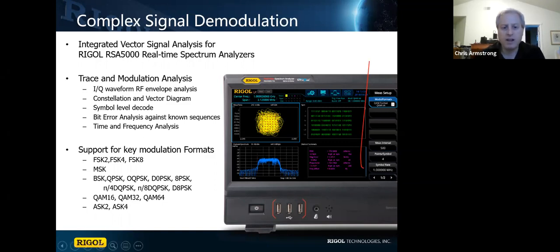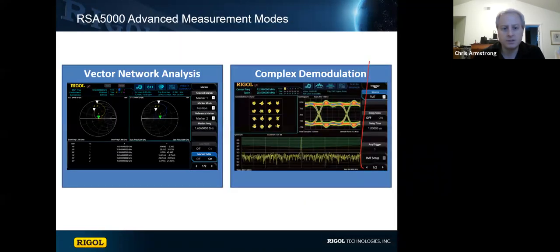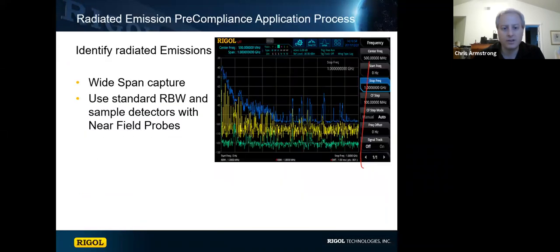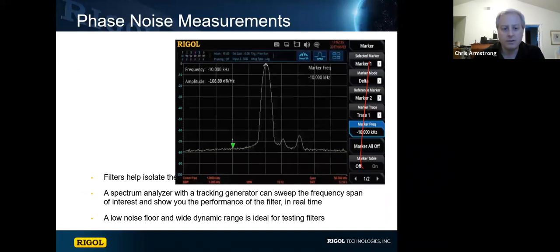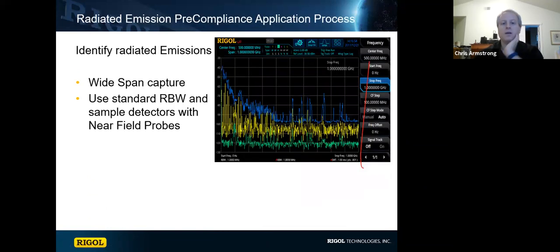All right, so now those are the high-level functions I want to talk about. So I'll go back a few slides. We talked about filters, and phase noise is pretty straightforward in this sense. The other application that we talk about a lot, and that I think a lot of folks are interested in these days, whether in IoT or development work, is really EMI pre-compliance, right? So the availability and cost of these spectrum analyzers having come down so far